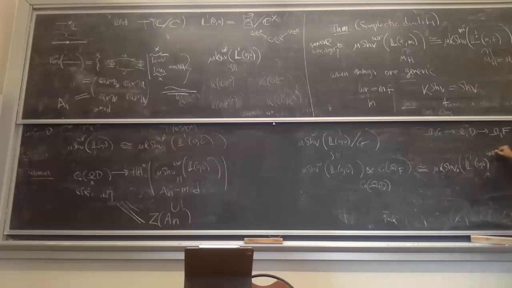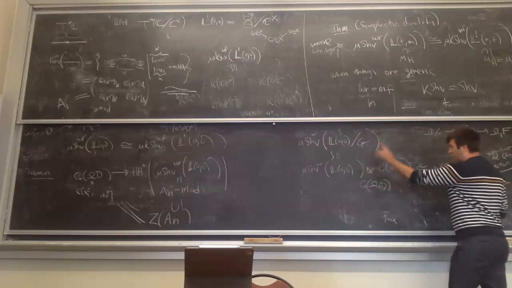I want to unquotient the G check action. And so this thing ends up being sheaves on my universal guy, modulo F dual instead. And this thing is the 3D mirror. Sorry, that was really poorly explained. What I'm trying to say is that this mirror, if you check very carefully what this quotient does,